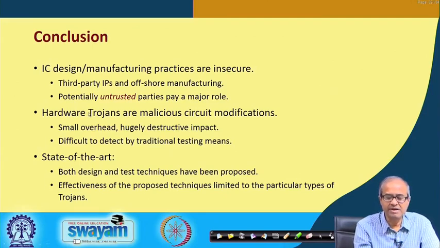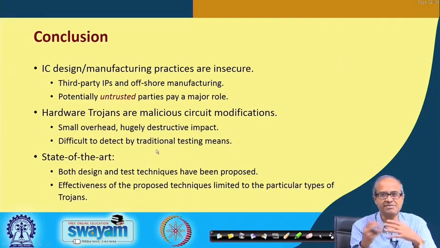And these hardware Trojans, which are essentially small circuit modifications, might easily be implemented if there is a nexus between these parties. Okay? And these are not easy at all to detect by traditional testing, because you do not know when the Trojan will show up. Normally, the circuit is operating fine, maybe after 1 month the Trojan will get activated, you do not know.